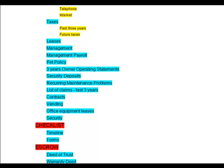You want to focus on recurring maintenance problems. You want to make sure whether or not the property was kept up, or the owner was poor on maintenance and you're going to inherit a bunch of problems. Because if so, you want to negotiate that purchase price to account for that work that you need to do that wasn't performed by the prior owner. We talked a little bit about claims. You want to know if there's any claims history. That's obviously going to affect the cost of insurance on the property, so it needs to be inquired into. Any existing contracts, such as for